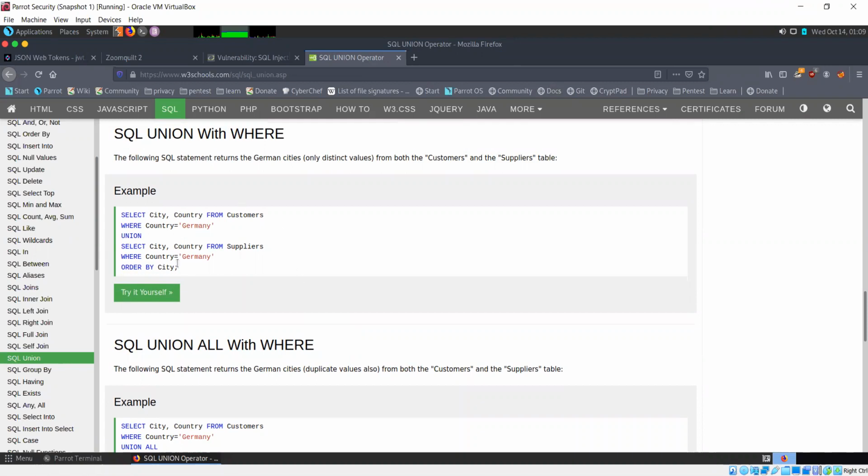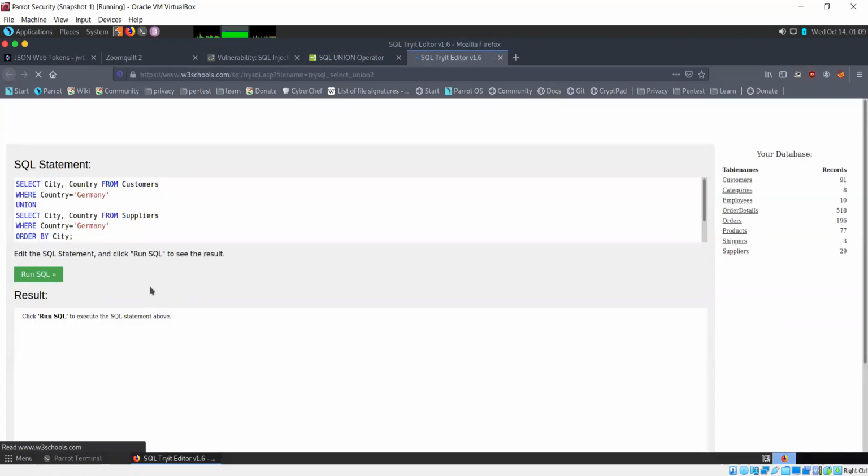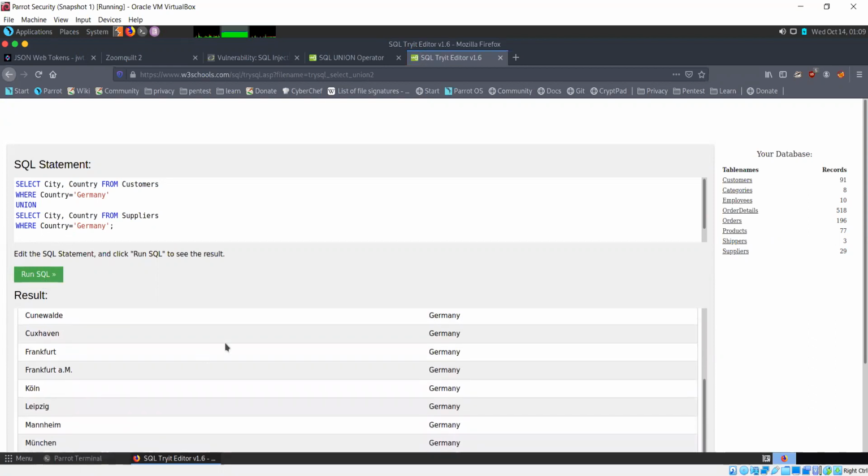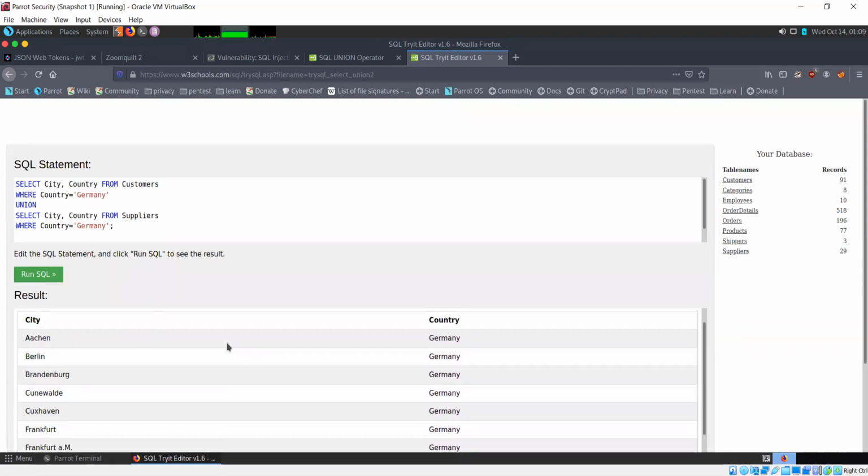Again, the same thing is happening here, but we're using union along with a where clause. So again, this is the union, but only where the country is Germany.